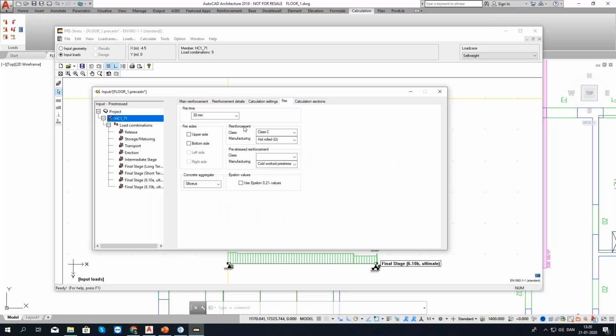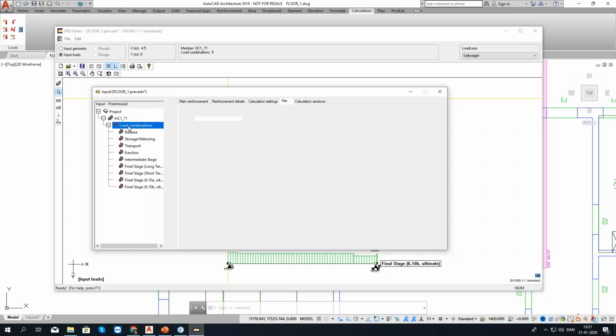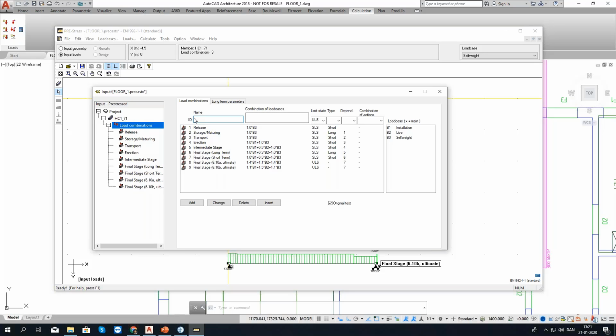Again, I can also perform a fire calculation. I have to set up that combination manually, as it is not transferred from Impact. So I guess I'll just make one just to show you how it looks, not to spend too much time on it. Here I can see all of my load combinations. I can just add one called fire,